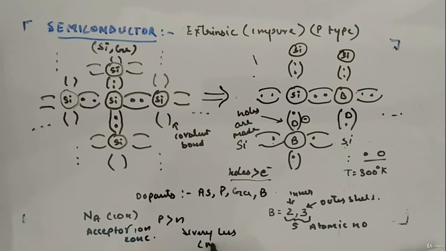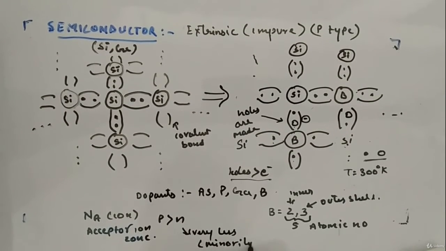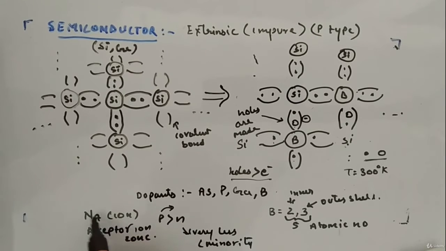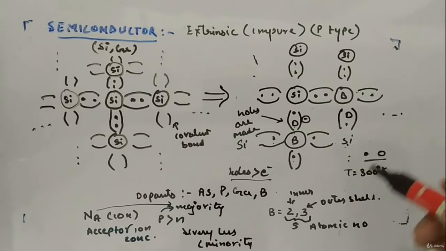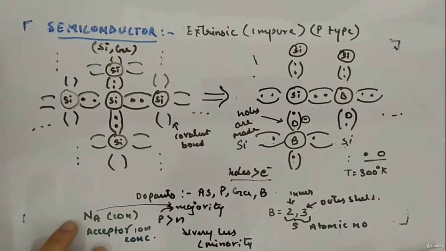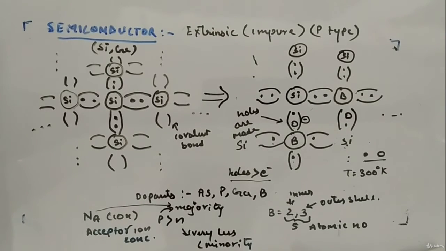Okay, so minority, whereas hole concentration and these guys will be majority. So overall it will become a positive type; you will see that the p-type is hole dominating. Okay, hole dominating, which will consist of attached ions as well, acceptor ions. That's why sometimes when dealing with p-type and n-type semiconductors, we talk about acceptor concentration, hole concentration, as well as the electron concentration.